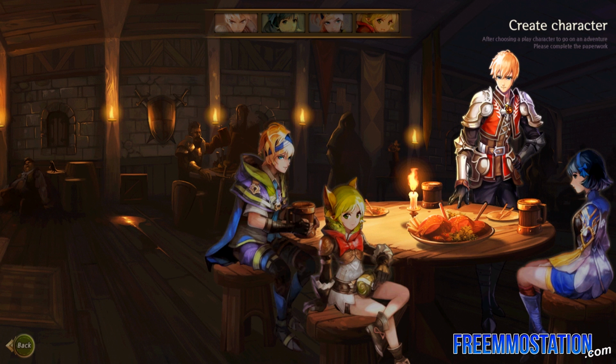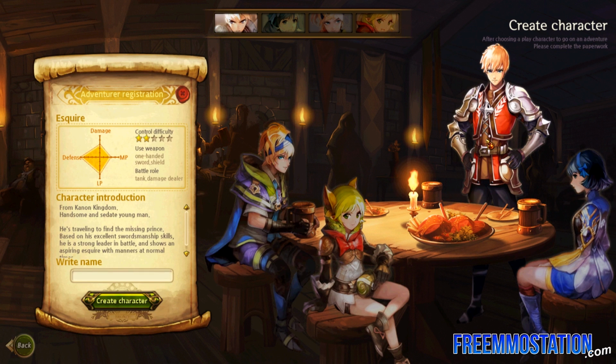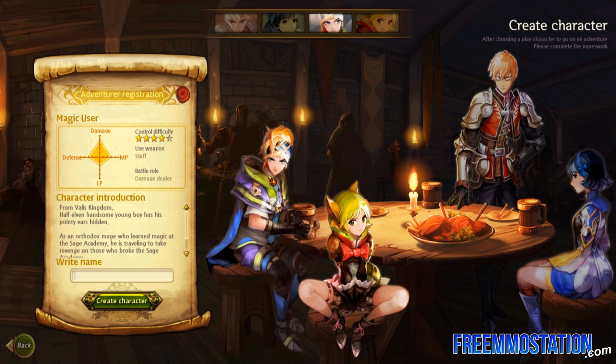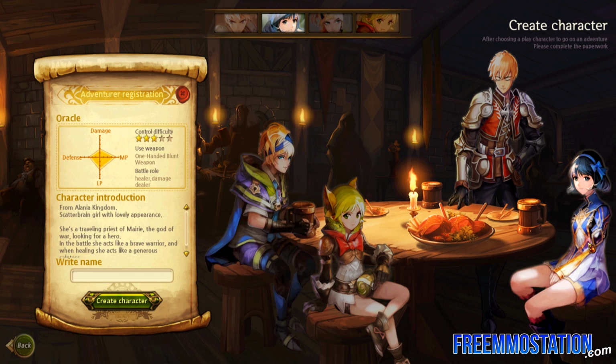Okay, we're going to create a character. After choosing a character, go to the adventure. So I can choose a face, kind of? Are these different classes? Oh, they are. An Esquire. We have the Rogue. We have the Magic User, simply put. And also, there might be some mistranslations. Actually creating an account, I saw some wordage that was incorrect. But we'll see. And we have the Oracle, which I'm assuming is going to be a healer